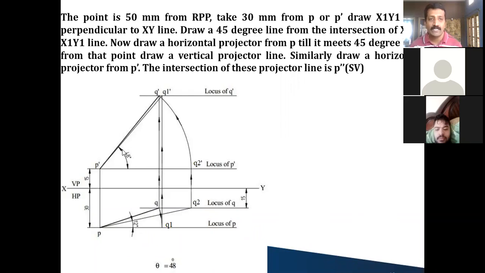P dash and Q dash. This inclination with respect to the horizontal line you find out, that is theta is 45, which is the true line diagram in the top view, PQ. So this inclination with respect to your horizontal line, you measure it and then you mark that. So these are all the answers you need to find out at the end. This is one variety of the problem where some data are given and a few data you have to find out. So this is how you have to complete the example.